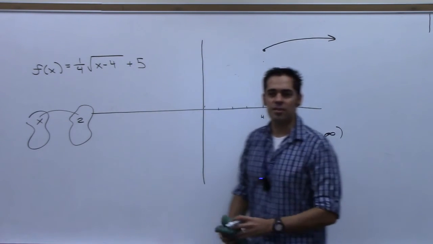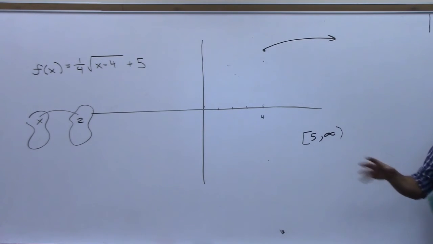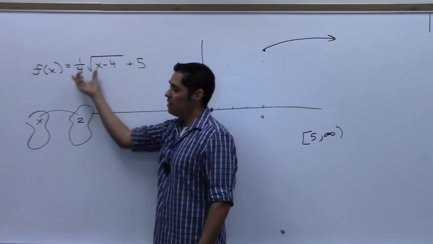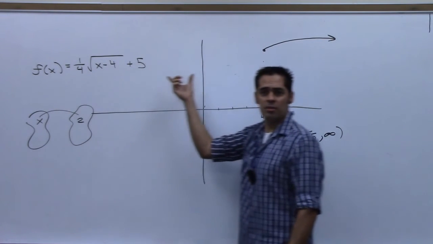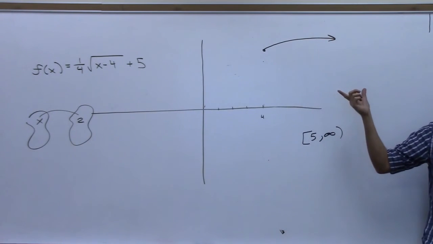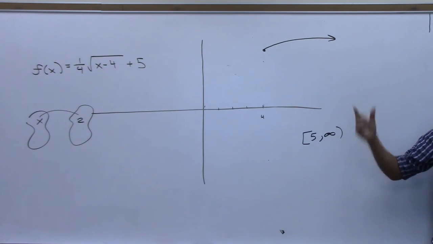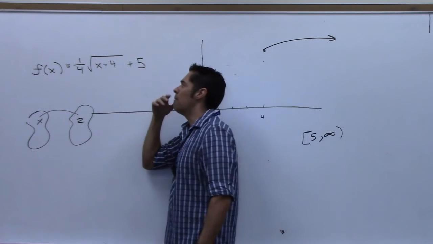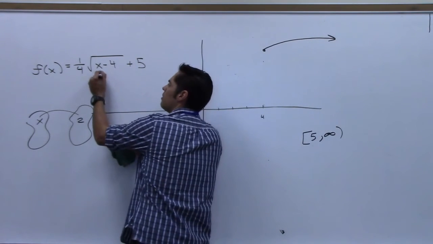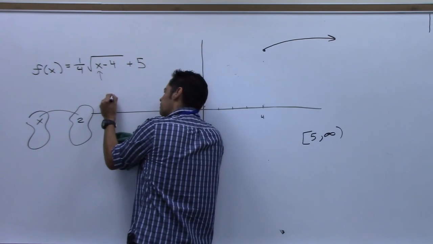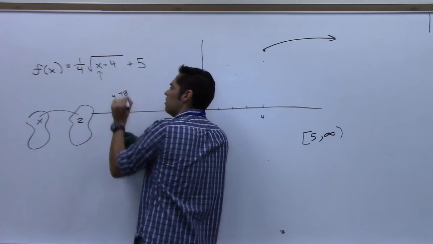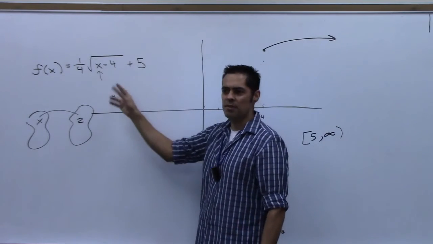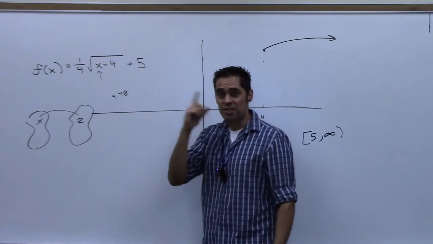What I'm trying to get you to see is that you can answer a lot of questions about this function that are difficult to do by looking at this, that are much easier to do by looking at this. Am I making any sense here? If you just ask someone, is it possible for me to plug in an x and it spits out 4.78? Someone's going to sit there, well, I don't know. I'm going to have to set that equal to 4.78 and try and solve it. But if you understand,